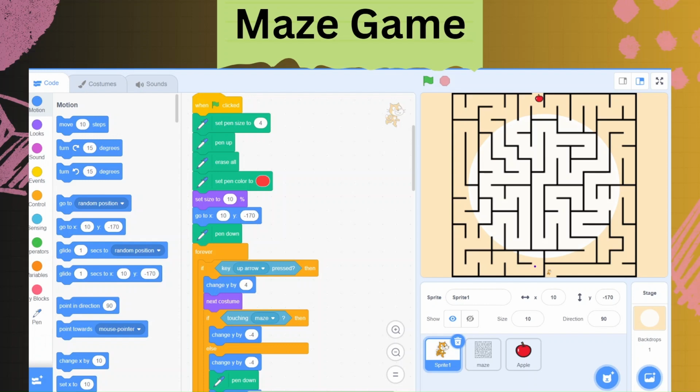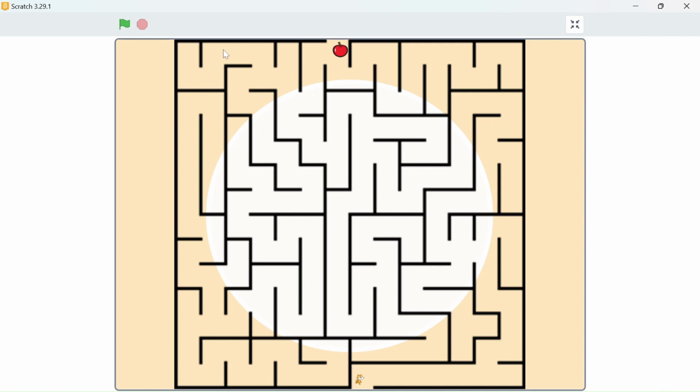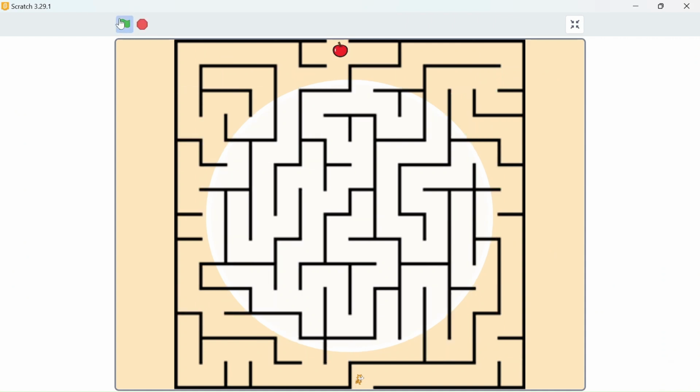So now let's jump there and play this game once, and then we will start creating it. So here we are, let's start playing. Just find the path and let's see if we can find the path easily. Here we can go like this. Have you found the correct path? Because I am still figuring it out. And yes, this way we can go. This is how our Scratchy is going to move. It will go up and here. See, isn't it interesting to play?